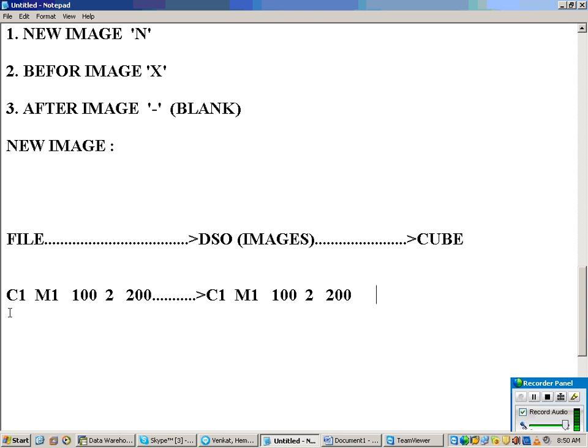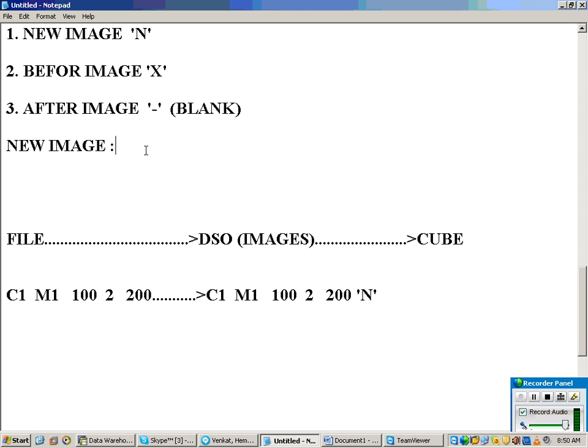Now, what is going to happen? Any record which enters the DSO for the first time will be marked as N. That means this is a record which has newly come to the DSO. That is your new image.